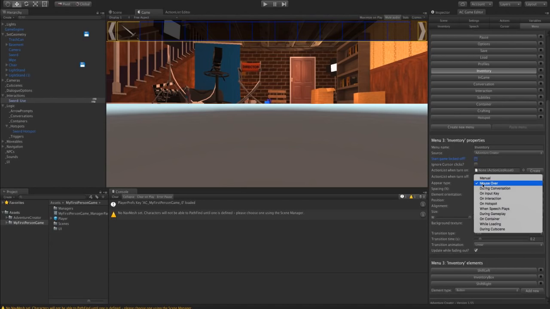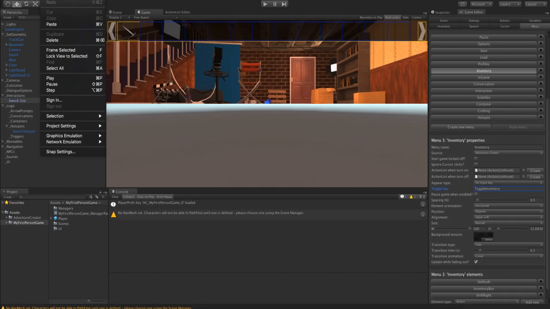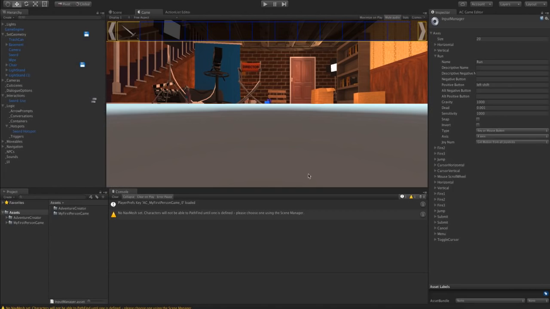So we're going to change the appear type from mouse over to on input key. And we then need to enter in a name of the toggle key. And this is going to be the name that's listed in the input manager. So I'm going to enter in, say, toggle inventory. And I'm going to have to then create that in our input manager by going to Edit, Project Settings, Input.